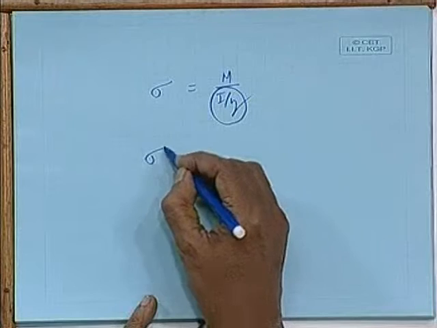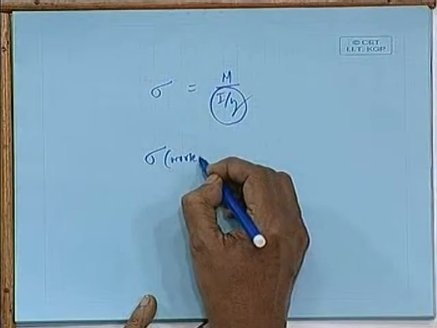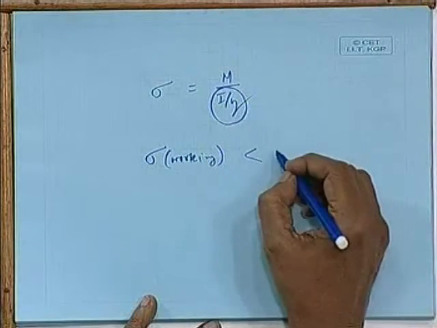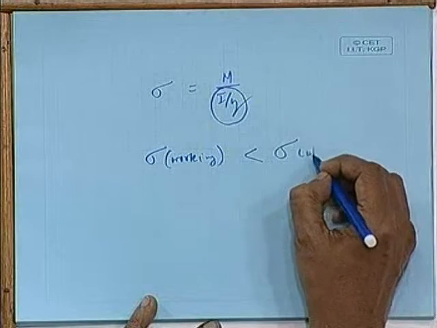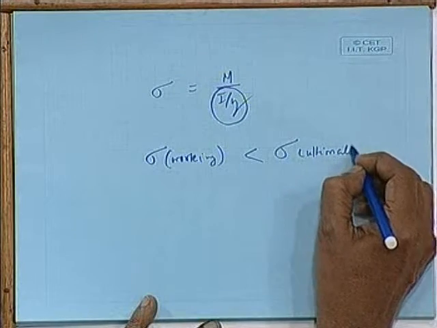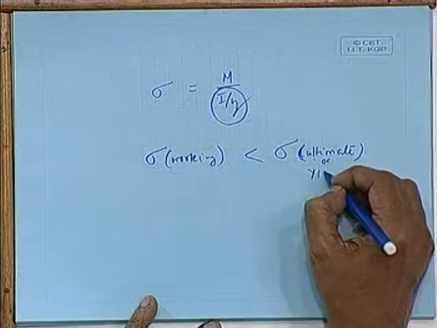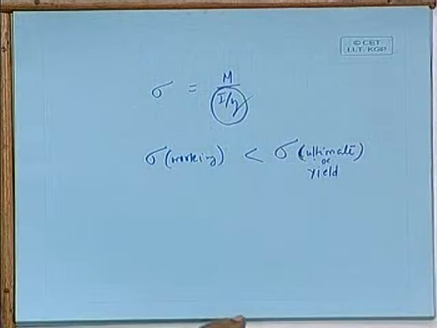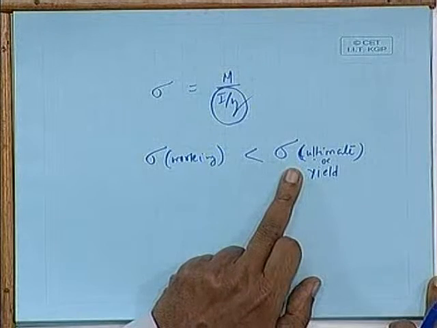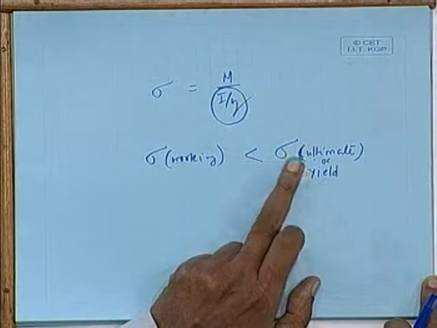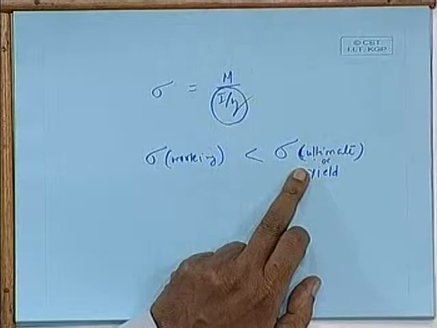What about this working stress? It should be less than, let us say, ultimate. Let us say at this stage ultimate, it can be yield strength or yield, it does not matter, depends on how you are looking at it. Therefore, this is the other factor which you are assuming as the basic material property, this and this. If these two are accurate,